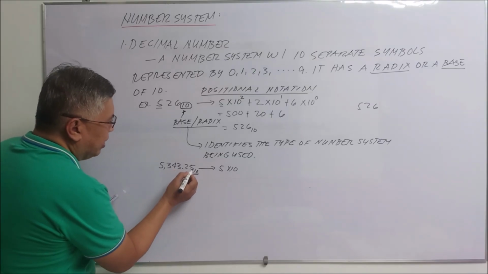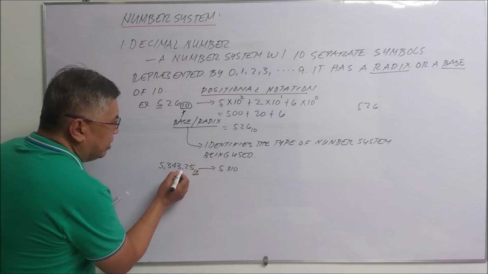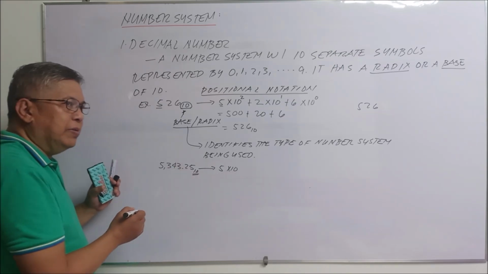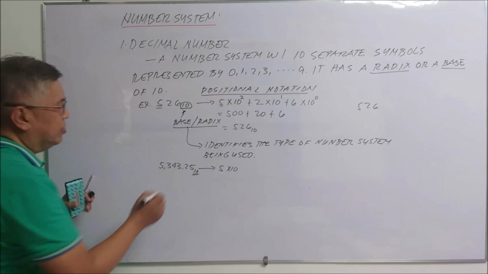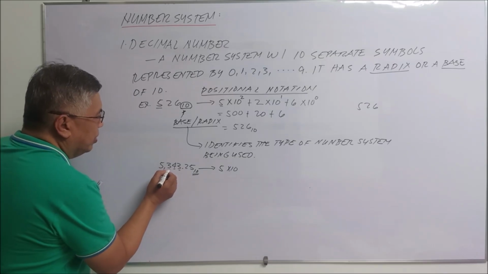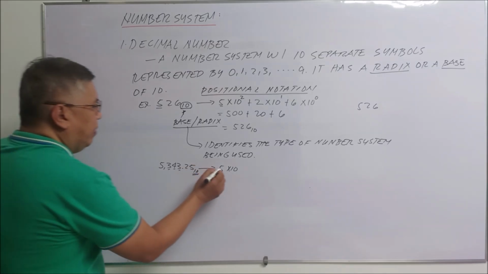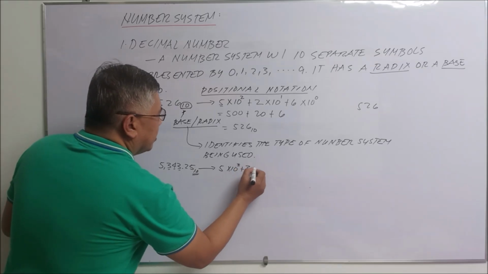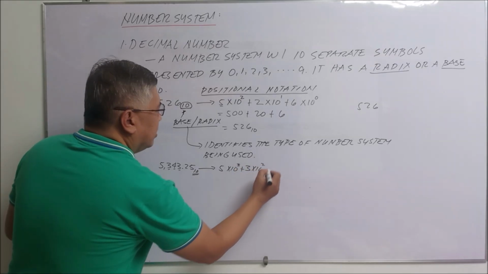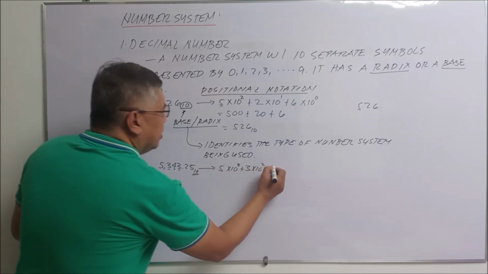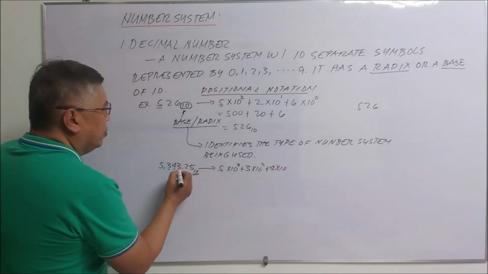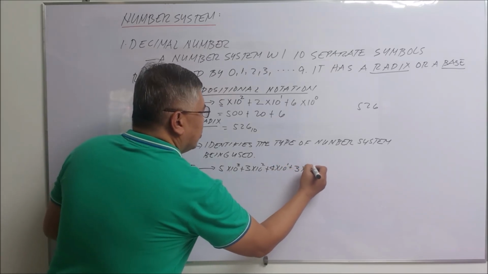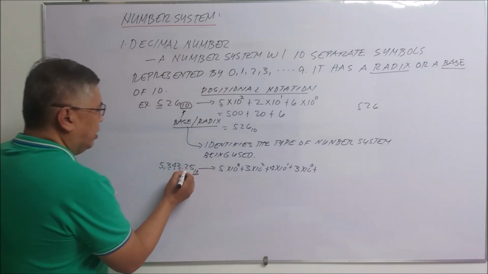Do not count from the decimal point going to the right, but the digits to the left of the decimal point. So you have 1, 2, 3, excluding 5. So 5 times 10 to the third power plus 3 times 10 to the second plus 4 times 10 to the first plus 3 times 10 to 0,